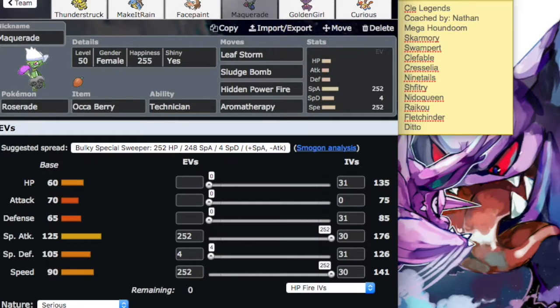Next up we got my Roserade, holding the Aqua Berry with Technician, rocking Leaf Storm, Sludge Bomb, Hidden Power Fire, and Aromatherapy. This should be a positive speed nature, and this should be negative attack. So Timid nature with 252 points in speed, 252 points in attack. This set, I'll get into what it was in the first draft of this team, but currently the Leaf Storm,